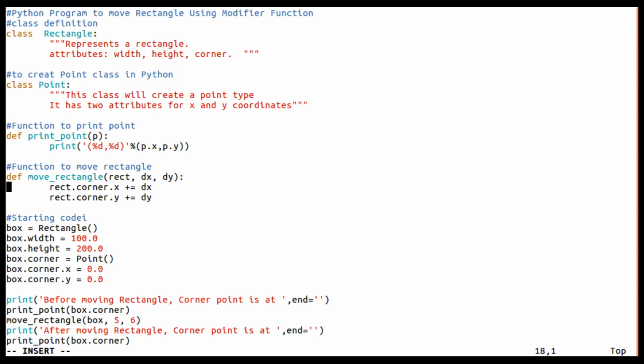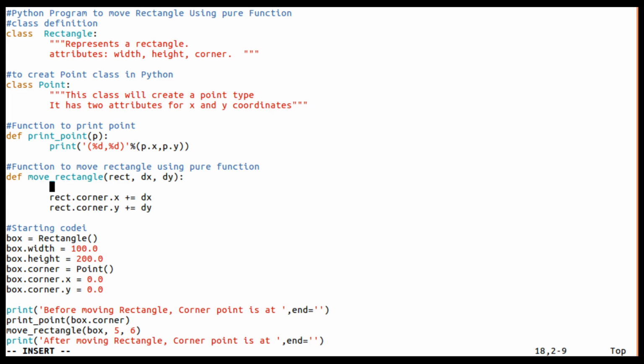So instead of a modifier function to move rectangle, I'll write it as a pure function, using a pure function, not a modifier function. It should not modify, so what we should do is create a new rectangle. I'll write new rectangle is equal to, so let us create a new rectangle here.